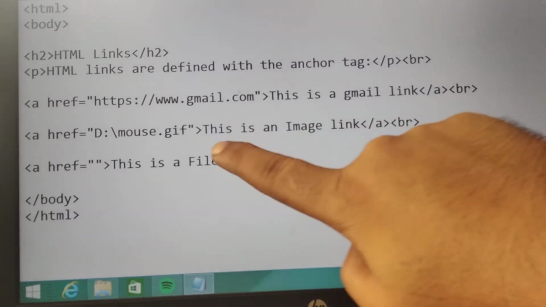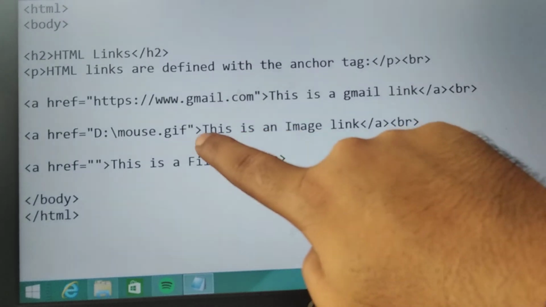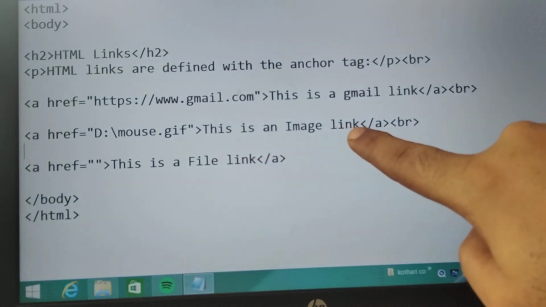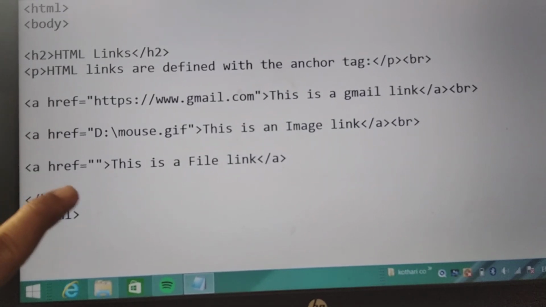If I click over the sentence, this is an image link that will be useful to show you the image directly over your screen. And the third type of link is related with the file link.